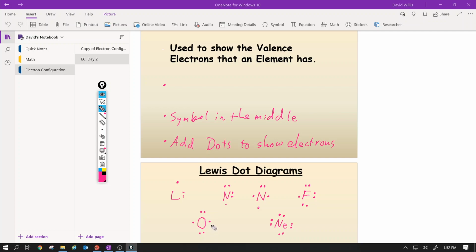And so that is your introduction to Lewis dot diagrams, okay? We will make more use of them later when we talk about bonding, but that's all that you need to know about them right now today. All right? That is going to conclude our discussions